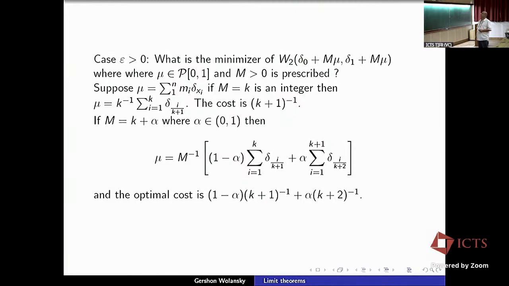So I again consider two delta functions, Dirac delta functions, one at 0 and one at 1, say, and I add m times mu to both sides. And I prescribe m, not taking it to infinity. So what happened here is that if I try to substitute mu as a discrete measure, and if m turns out to be an integer k, then mu is just